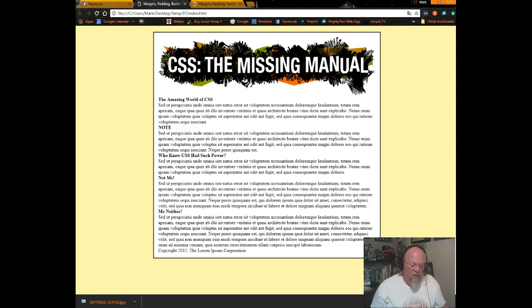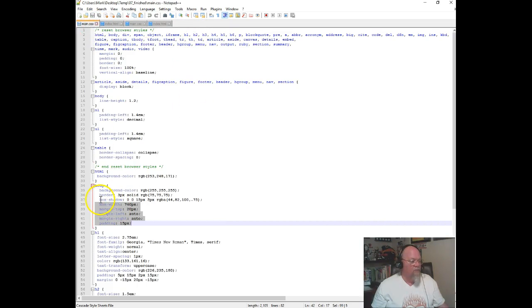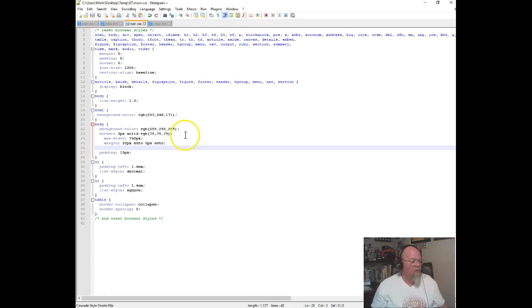So next thing we want to do is edit the body style that we just created, and add a property that will add a box shadow to that body text. So I'm going to come over here, grab this box shadow, and throw it right here. So here we've got our box shadow 0 0 15 5 pixels RGB. So basically we got a color. And remember, we're using the